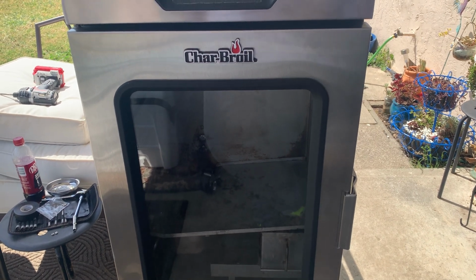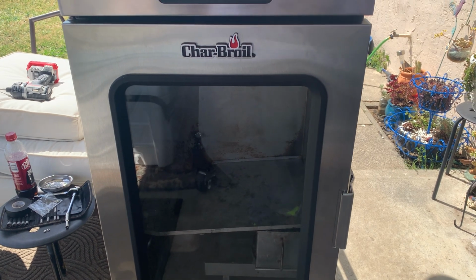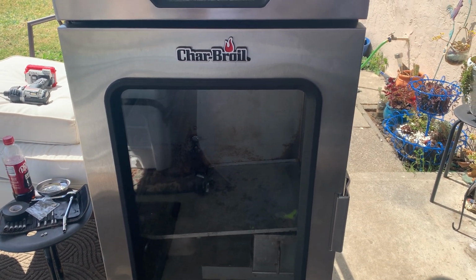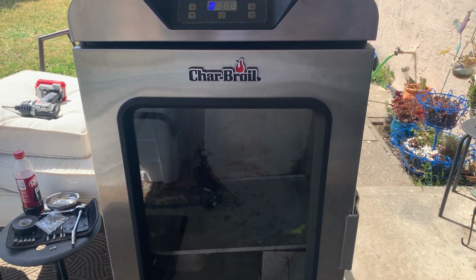Plug it in, it would heat up for about a minute or so, and then trip the breaker. Then I'd unplug it, reset the breaker, go to plug it back in, and next thing you know, it would trip immediately. So